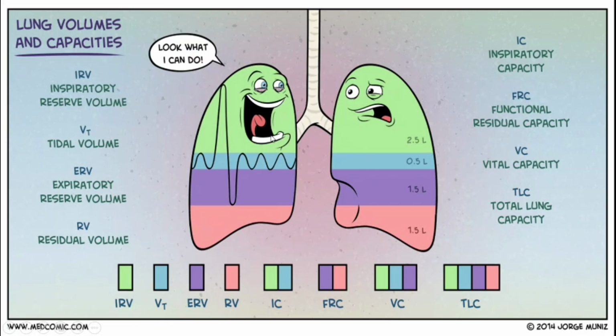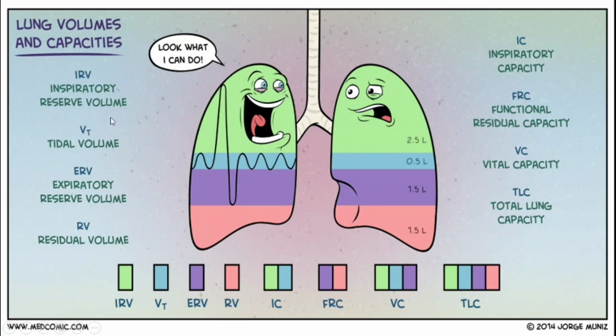So hopefully all of you have two lungs, and in the left we have the lung volumes, and in the right we have the lung capacities. So we will look one by one at these terms. In the lung volumes we have the inspiratory reserve volume, the tidal volume, expiratory reserve volume, and the residual volume. And this is the graph, and this upward trend is the inspiration in which we inspire the air, and this downward trend is the expiration in which we exhale out the air from the lungs.